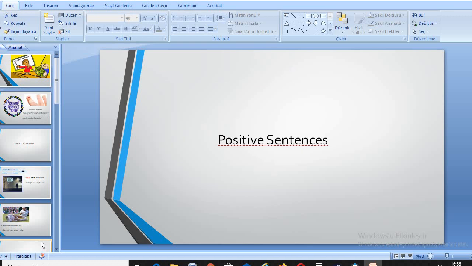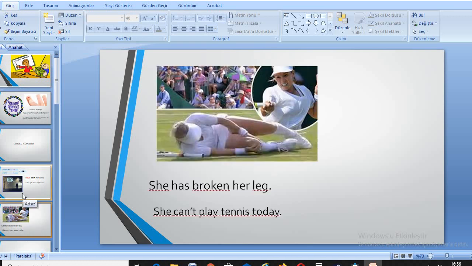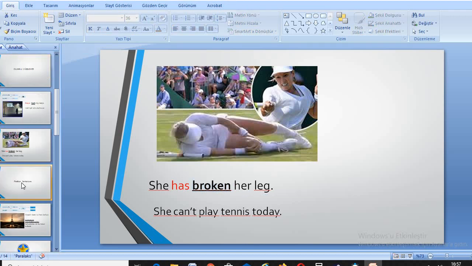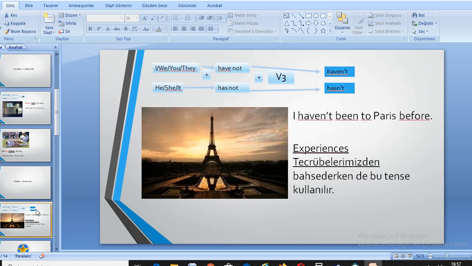Good. So, positive sentences. Yes, here are the positive sentences. Look, she has broken her leg. She has. So, look, it happened a very short time ago, so she can't play tennis today. She has broken her leg. Good. Okay, these are positive sentences, and